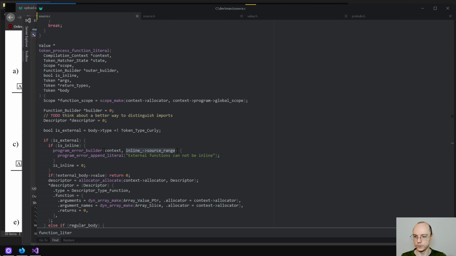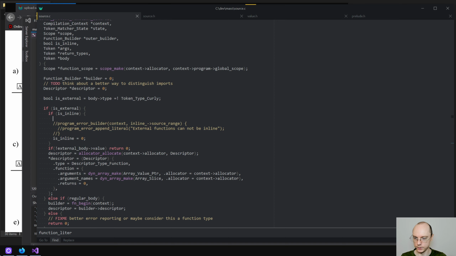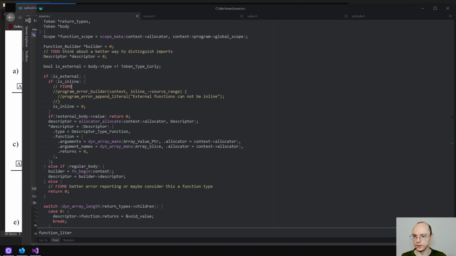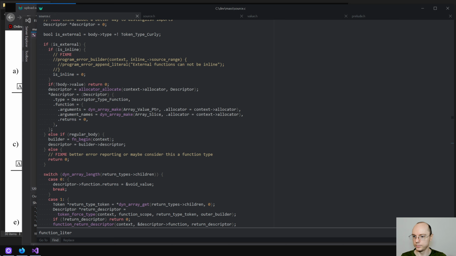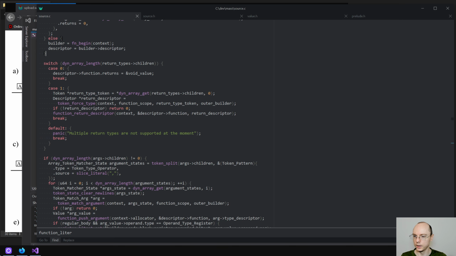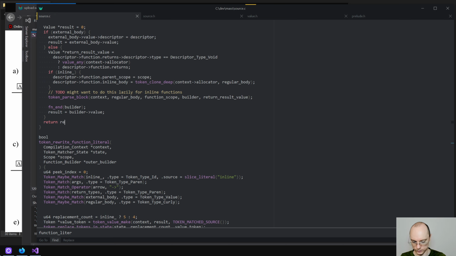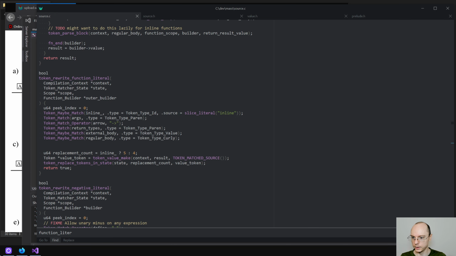Oh, we need the source range. Okay, for now I'll just comment it out and add a fix me. I don't want to dwell on this for now. So if external, if not body value return 0, it's fine. Allocating descriptor. We don't need to have this else. We have else. Builder, yep, that's fine. Okay, and then stuff here, and then I just do return result,